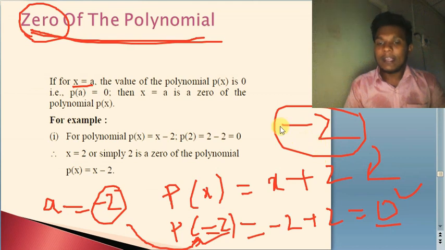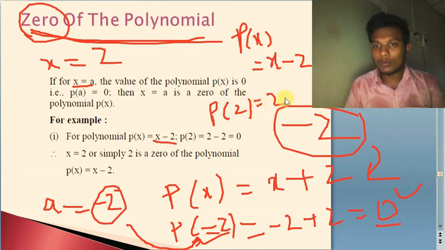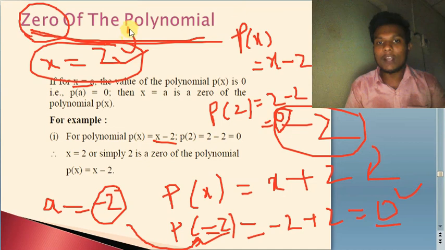That means it is the number, the value, which makes the entire value of the polynomial 0. Suppose, let us say, I have taken x minus 2. So p of x is equal to x minus 2. I will ask you to verify whether 2, that means x is equal to 2, is the 0 of this particular polynomial. How will you check? Just simply substitute x is equal to 2. Find p of 2. So 2 minus 2. What is the answer? 0. So if you are getting 0 after substituting x is equal to 2, this x is equal to 2 itself we call the 0 of the polynomial.